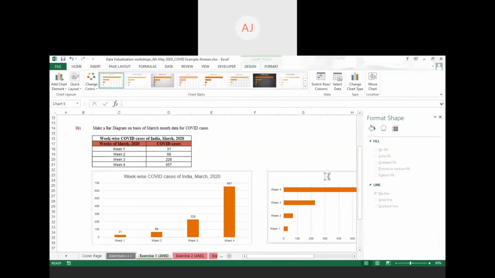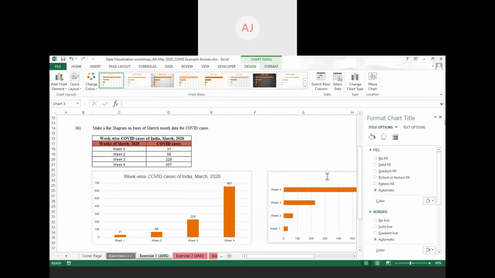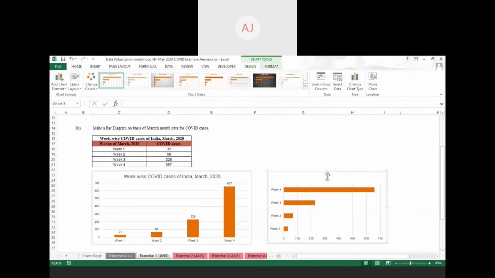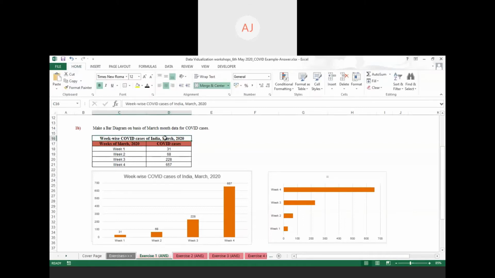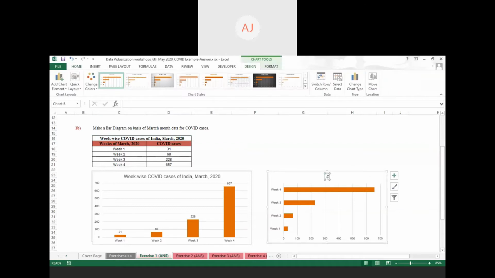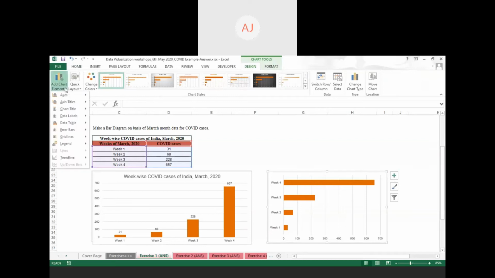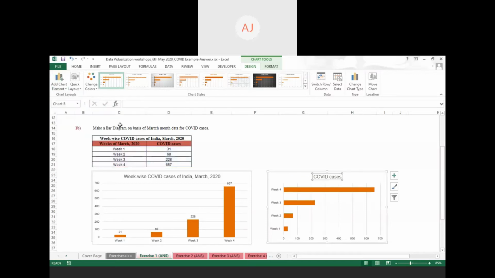Otherwise, you can write your chart title manually there. Or, to make the chart title, go to the Design option, click the first option, that is Add Chart Element, go to the third option, that is Chart Title, and you can add the chart title there.